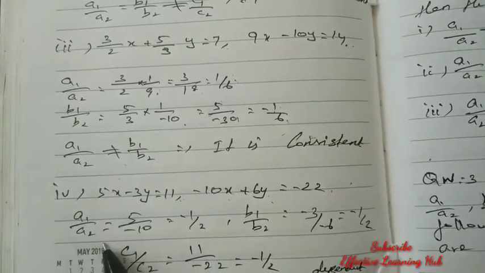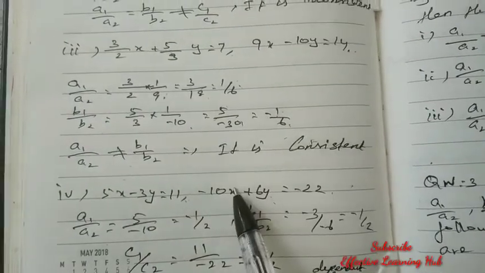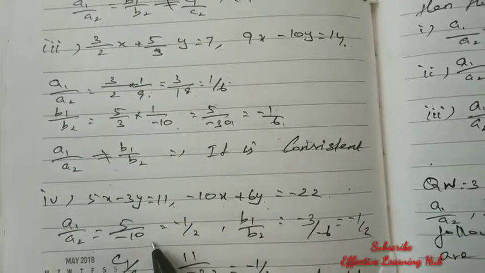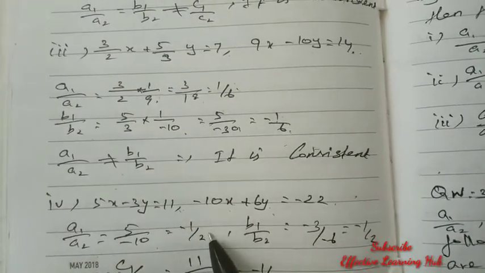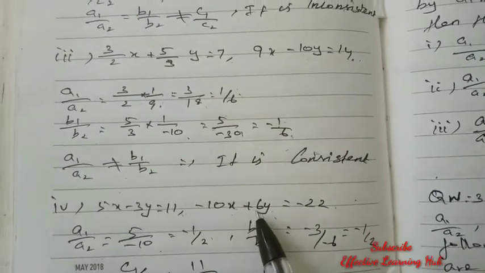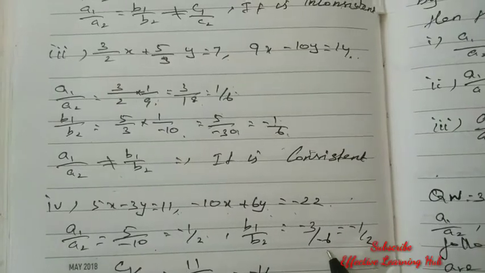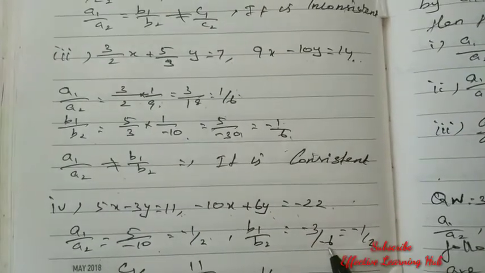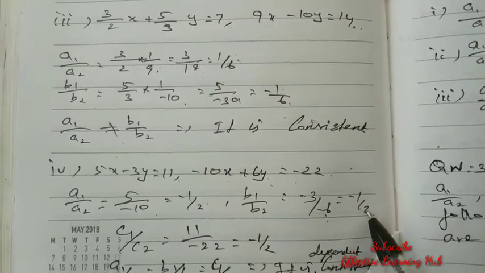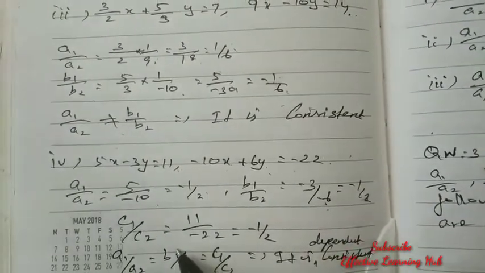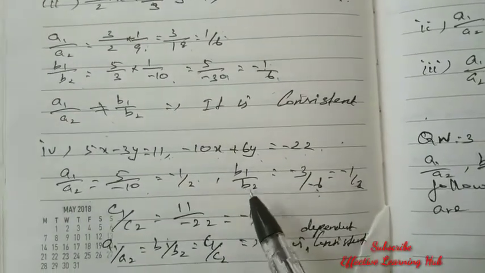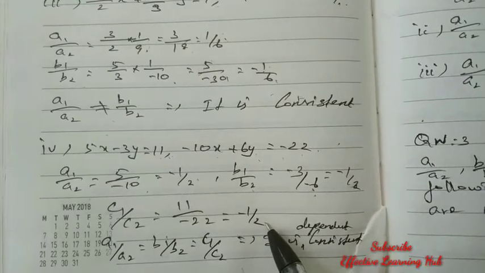So a1 by a2, 5x divided by minus 10, 1 5s are 5, 2 5s are 10, minus 1 by 2. b1 by b2, b1 value minus 3, b2 value 6, minus 3 divided by 6, 1 3s are 3, 2 3s are 6, minus 1 by 2. Next c1 by c2, c1 value 11, c2 value minus 22, 1 11s are 11, 2 11s are 22, minus